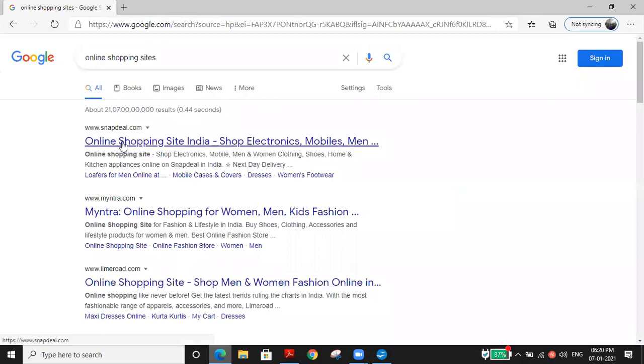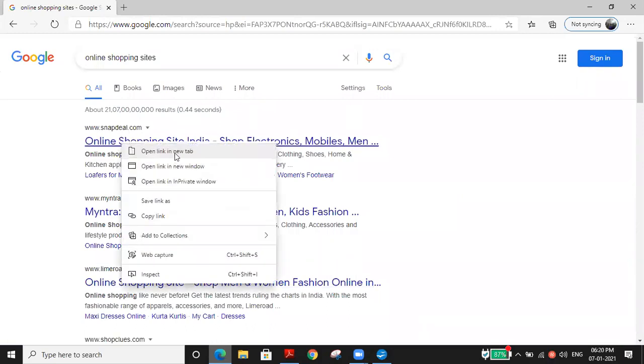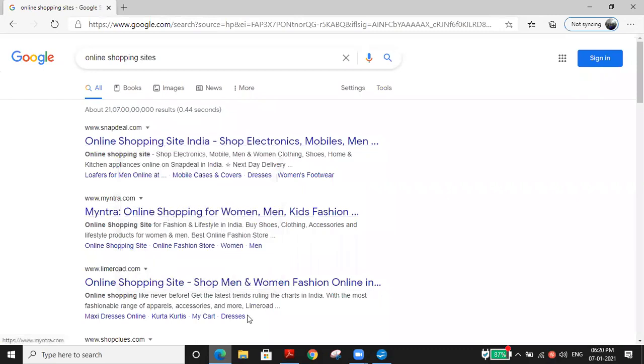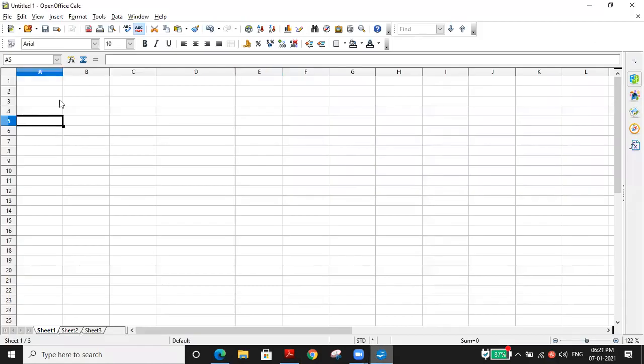For example, I need this site name, so I'm just copying this site, copy link. I copied the link. This is for Snapdeal. Okay, so I'm just going here and typing, click here to open and visit. What is the thing? Snapdeal. No, I think it's a spelling mistake. Okay, Snapdeal website. Okay, let it be.